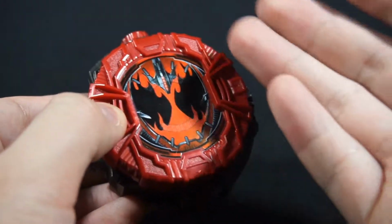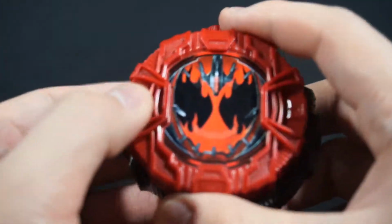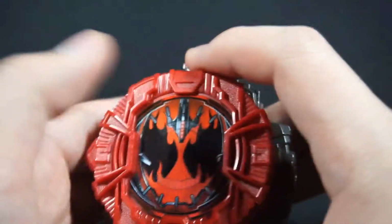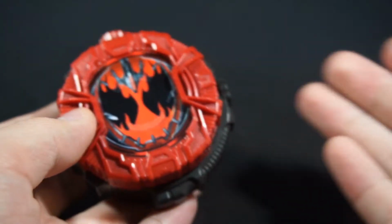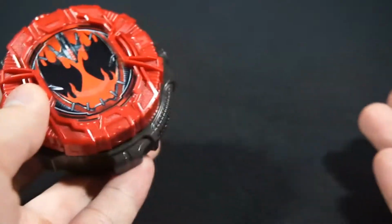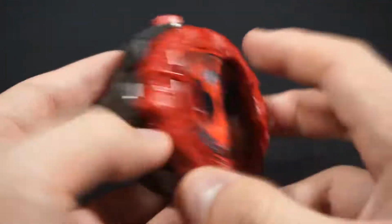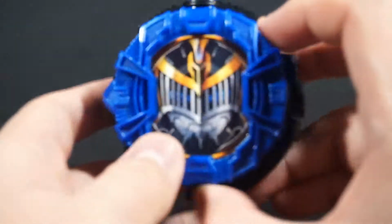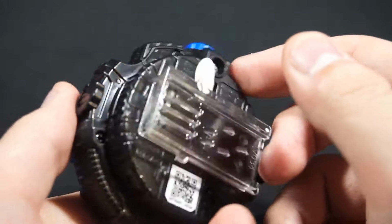I don't understand why they don't just put the whole finisher in. I understand it's too long. They just want the first phrase of it, so it's like, Omega. That's honestly what I thought they were going to do, but then they put in Omega Drive, and I just have to really commend them for that. I really like this ride watch, which is what made me want to pick up the set more, other than Night Survive. Because, as you guys know,